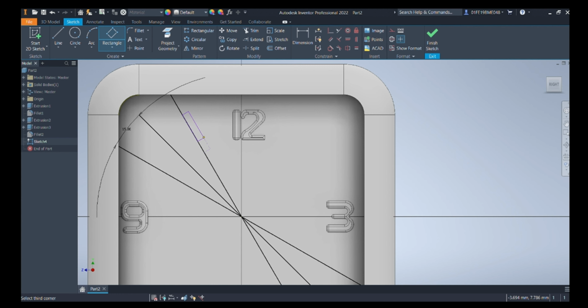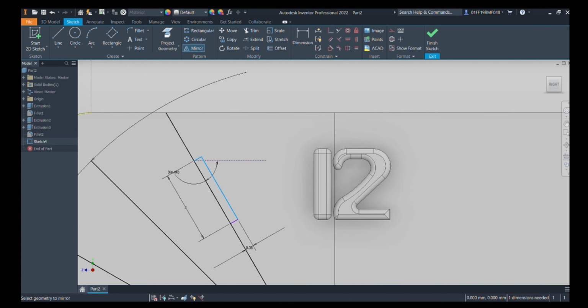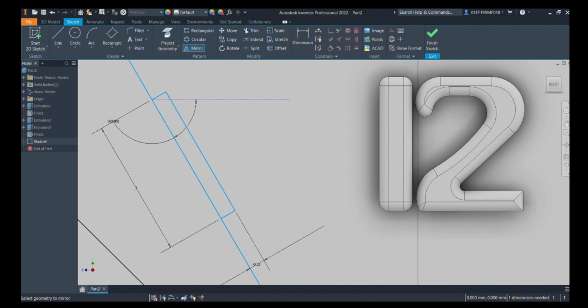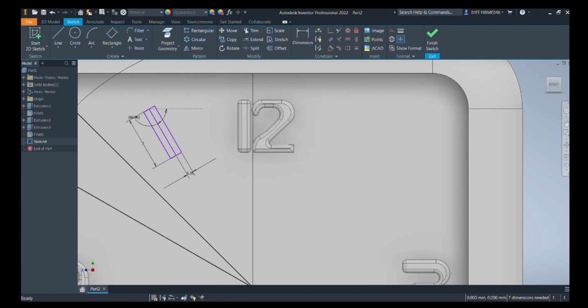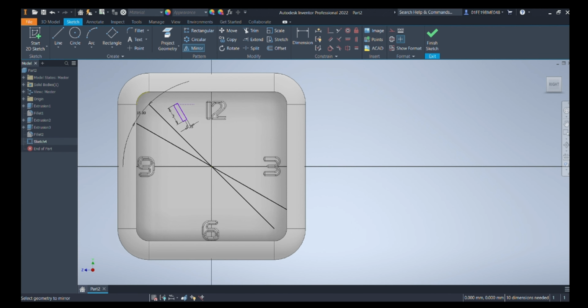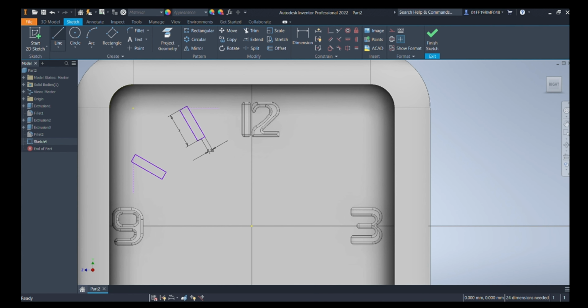Again here it's dimensionless, so we can see that the length is 60 actually, sorry, it's degree. The length is 3 mm and height is 0.35. Again mirroring it by center. Now we will mirror the whole rectangle by the line. Once we have mirrored it, we can now delete the center line too. Yes, once we have done with it, we are now free to do it on other sides too.